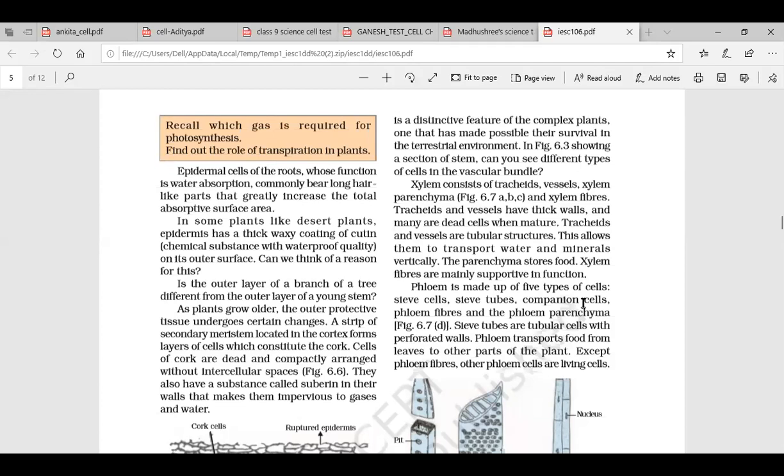In transpiration, the water is given out, due to which evaporation causes cooling. Evaporation always causes cooling. So transpiration also causes cooling in the summer season in plants, which maintains the plant temperature. So they can withstand a hot climate due to the transpiration process. It's clear? And this is a reason why big trees bear more leaves in summer season. You have seen plants generally shed leaves in autumn, and in summer season they bear more leaves.